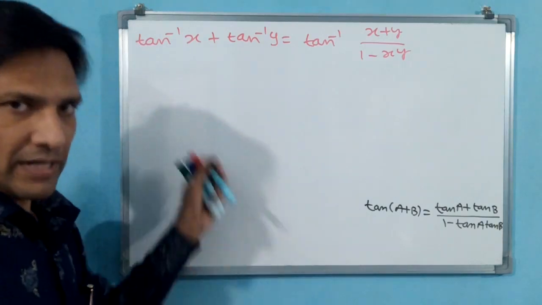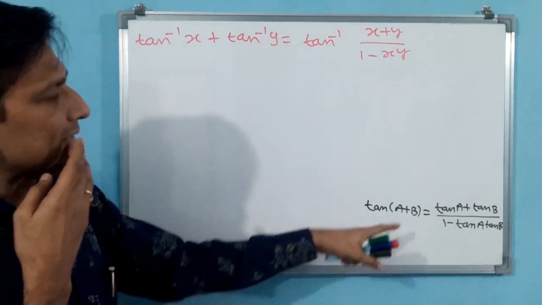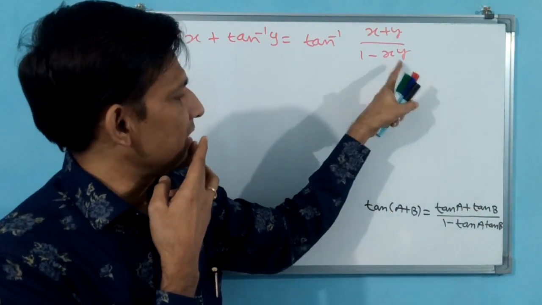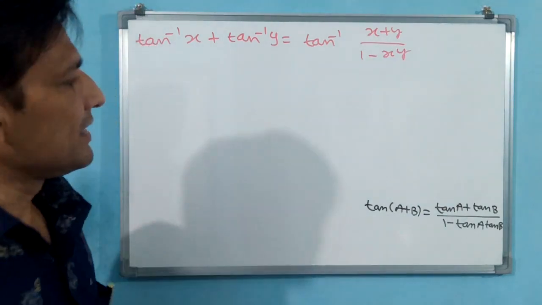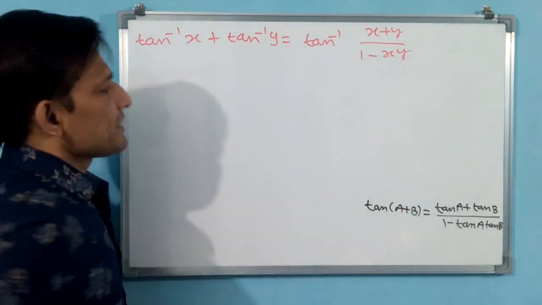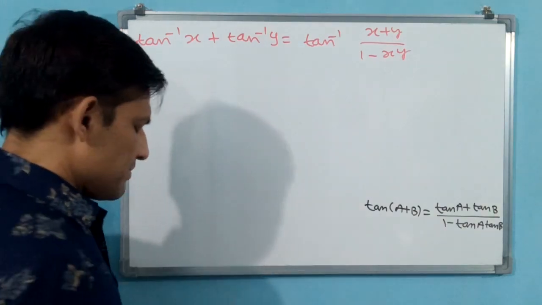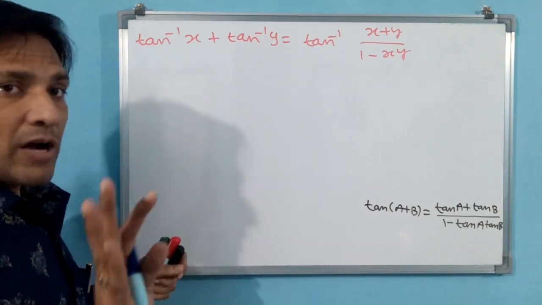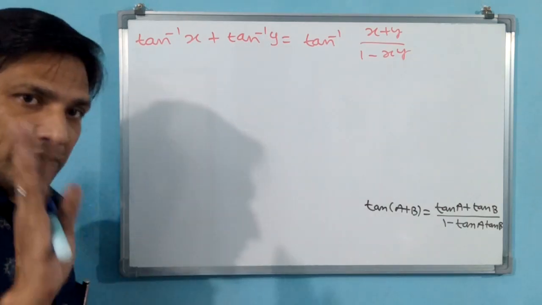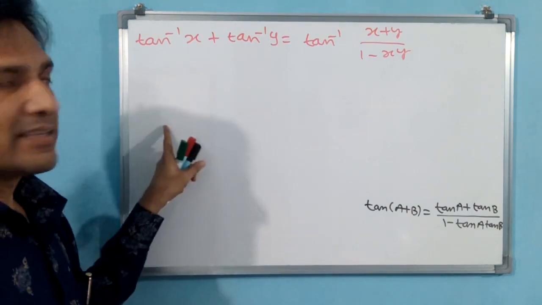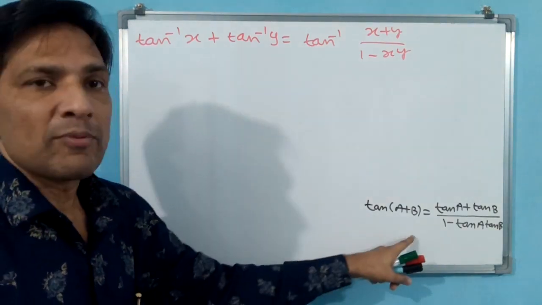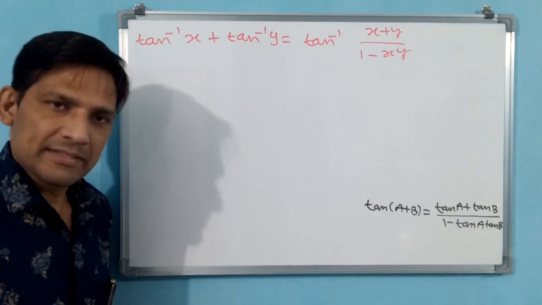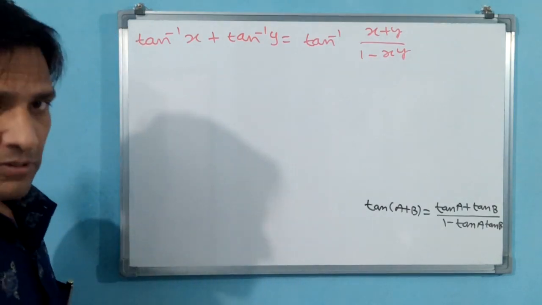This formula is required for us to give proof. Even if you compare, numerator positive plus is there, denominator negative is there, multiplication is there, addition is there. But here it is tan of a plus b, and here it is tan inverse x plus tan inverse y. Okay, let it be. We are going to convert it. Here we are not taking LHS and proving RHS. No, we are taking the identity separately, and we are substituting in this formula, and finally this formula is going to come. Let us see how we are going to solve this.